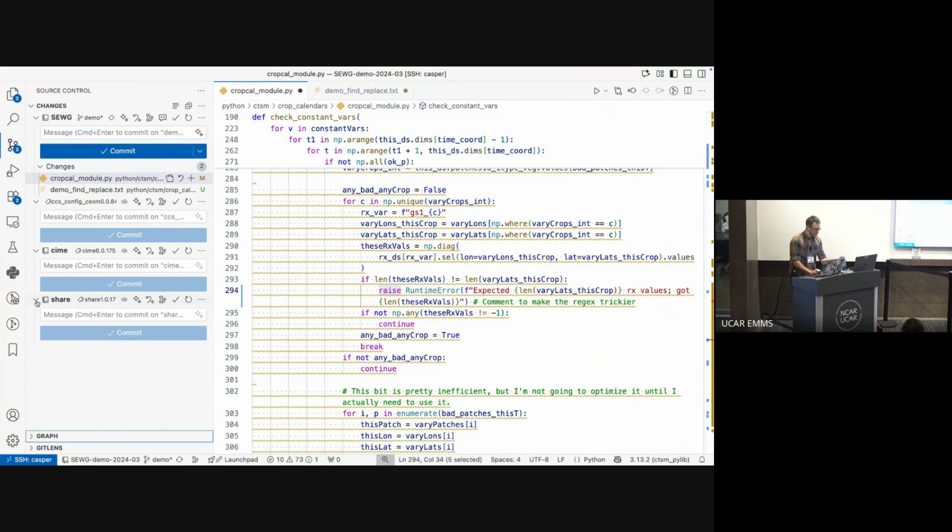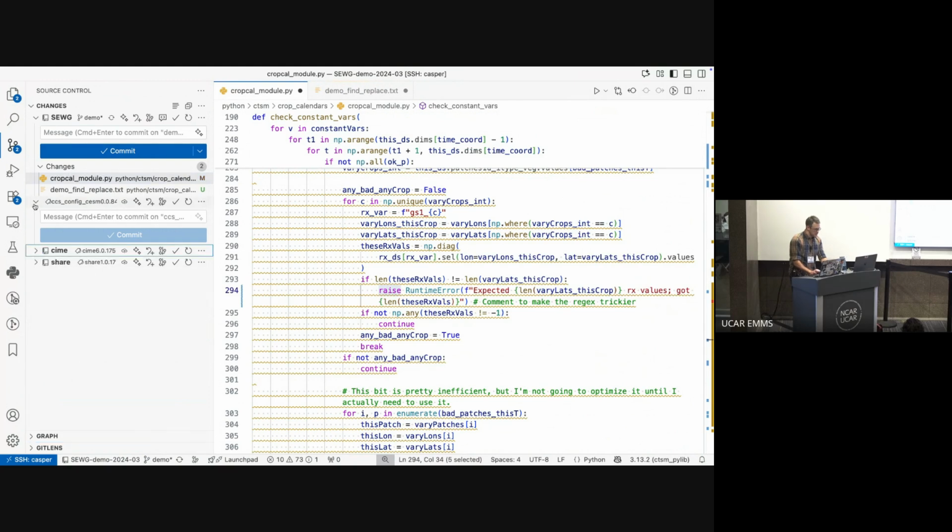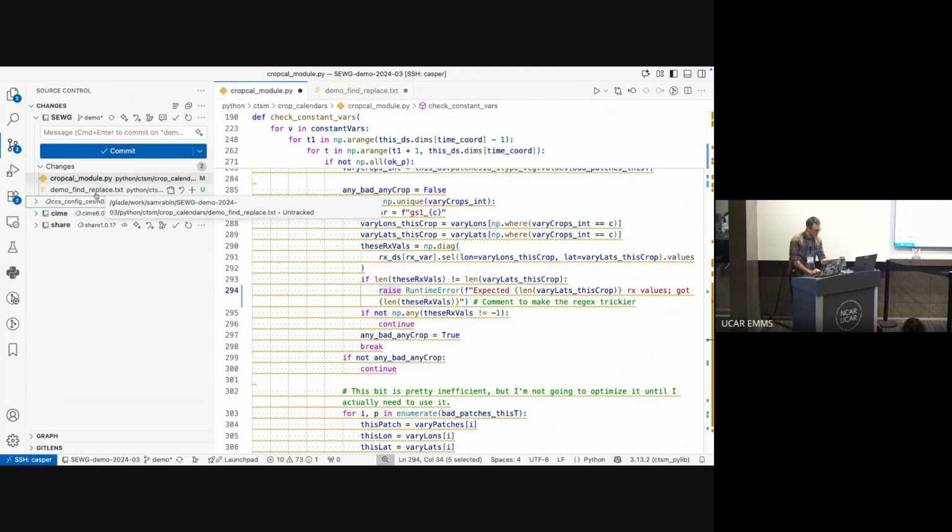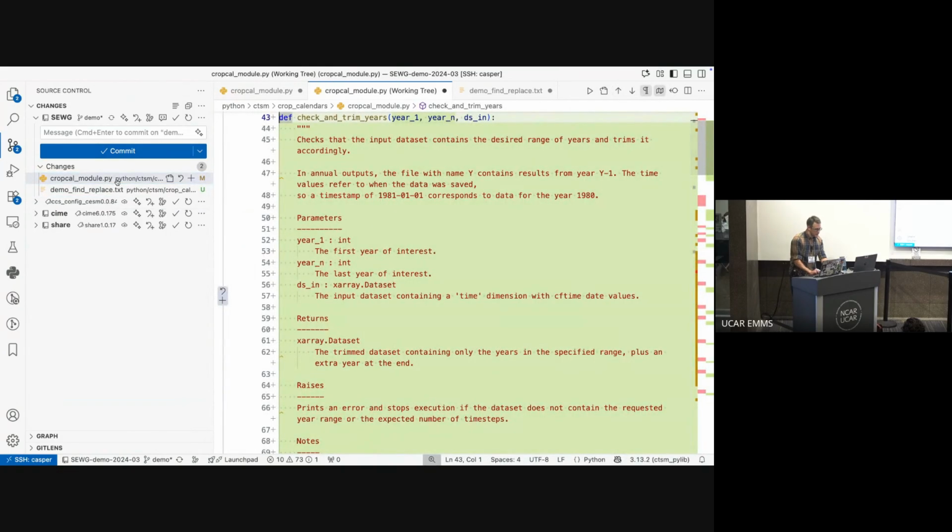And so I'll go to the source control pane, which is built in to VSCode by default. These are just submodules. I don't care about that. We only care about the changes in our actual code base. This demo find replace file is an untracked file because I just made it for the demo. That's fine, whatever. You can say, all right, I want to